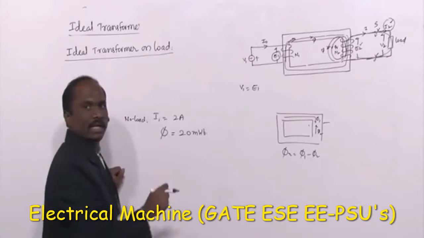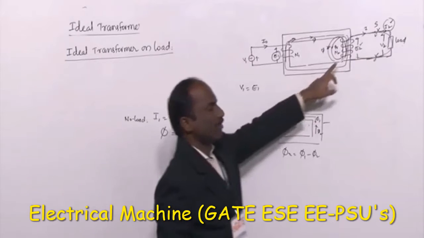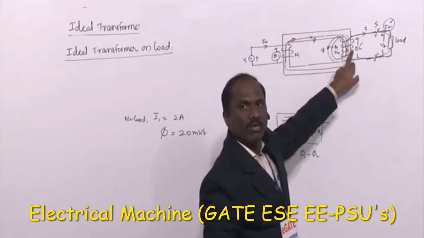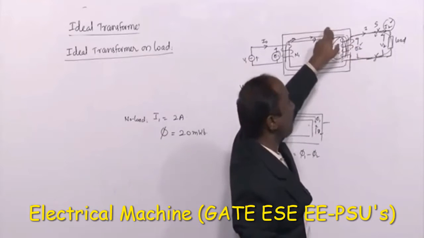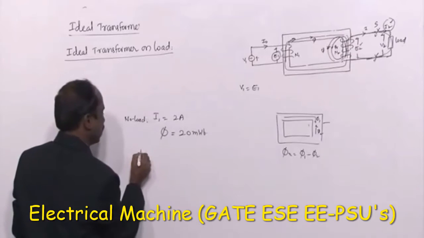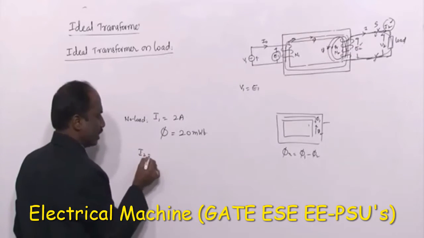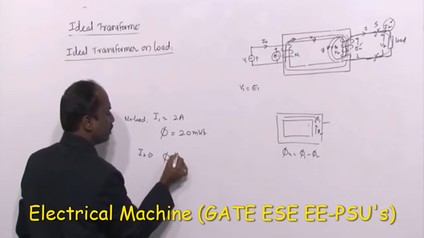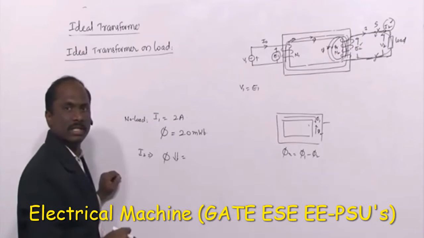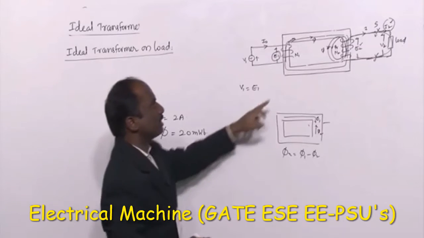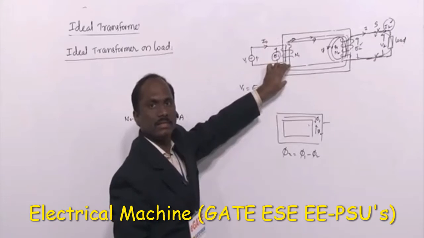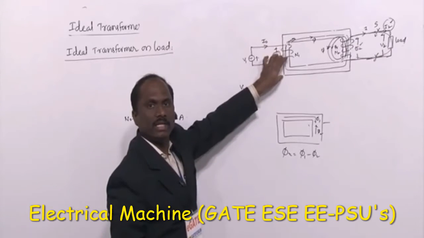When a load is connected, that current also flows through this winding, so this winding produces some flux, phi2. This flux opposes the first flux. So what is the resultant flux? Because of the secondary current I2, this phi value is decreased. Why is it decreased? Because an opposite flux is induced in the core. When this flux is decreased, what happens to the induced EMF E1? It decreases.